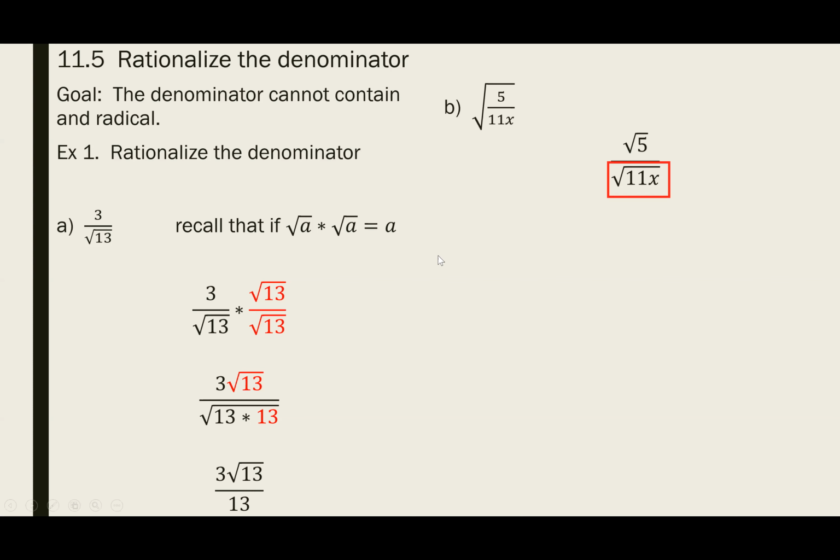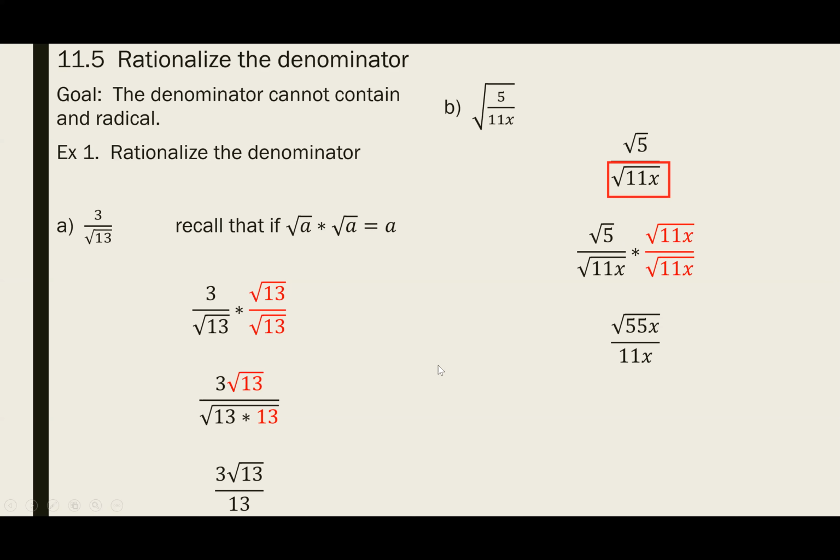So to rationalize, all we need to do is multiply my denominator over itself, which is the square root of 11x times the square root of 11x. Why? Because the square root of 11x times the square root of 11x will give you 11x on the outside. And how do I multiply on the inside? Up here, the square root of 5 times the square root of 5